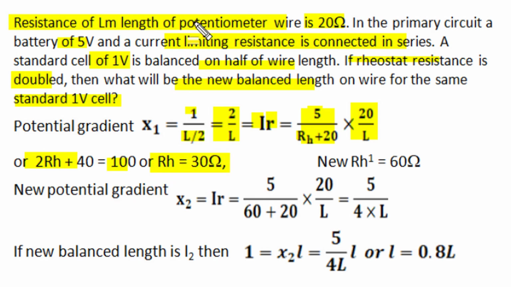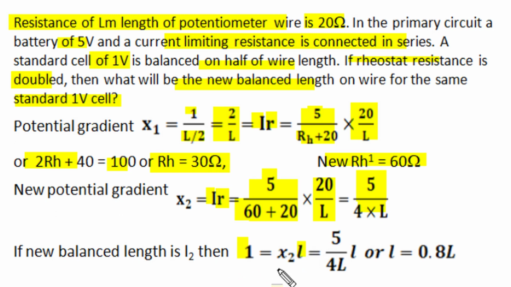And in the next case, when rheostat resistance is doubled, it becomes 60 ohm, then the new potential gradient is new current multiplied by resistance per unit length, and L length has 20 ohm resistance. So resistance per unit length is 20 by L. The source voltage 5, rheostat resistance doubled to 60 ohm, and wire resistance 20 produce this much current in the primary circuit. So our new potential gradient is 5 divided by 4L,